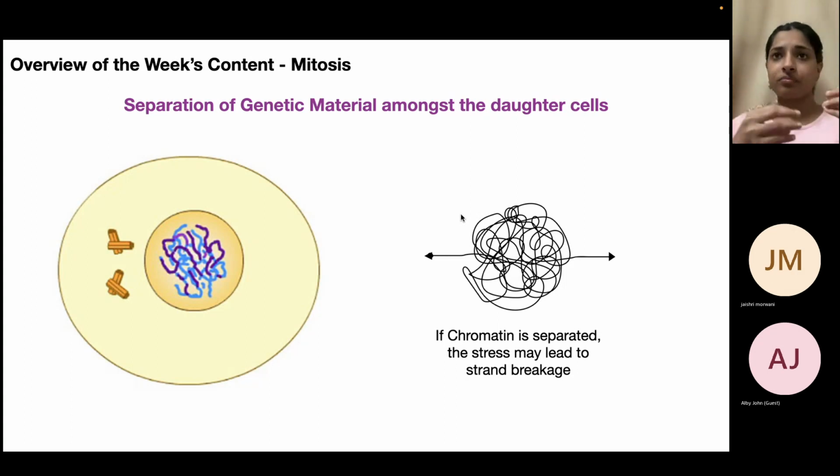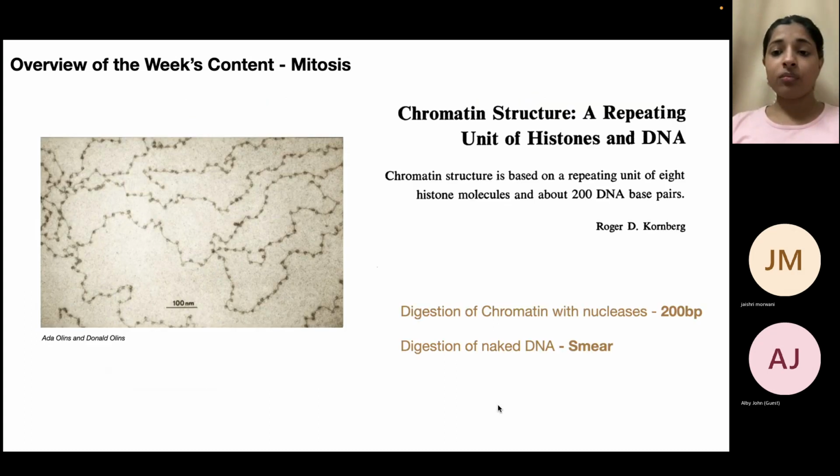It is tightly wound and present as a messy, tangled structure of DNA. If in this state, the chromatin is pulled into two ends, as happens during mitosis, then there is a high chance that this tangling may cause strand breakage. So in order to avoid this, the cell takes many measures,